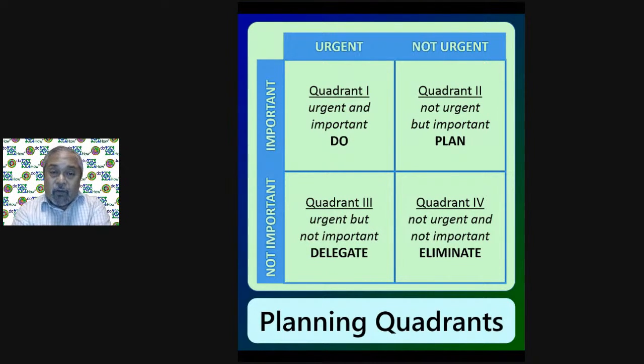So you need to really look at what is not urgent but important. That is the place where you can really start making sure that you get more and more time for yourself. Whatever is not urgent and important, plan it out. Plan it out and make sure that you realize that plan. This is best done on a weekly basis. Once in a week, on a Sunday, I have a weekly planner which I had evolved, which I used to